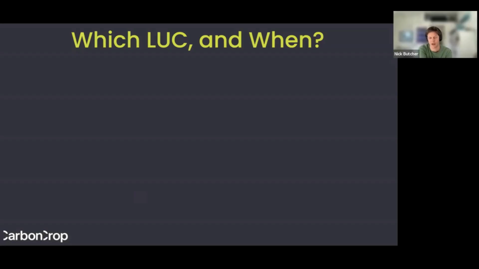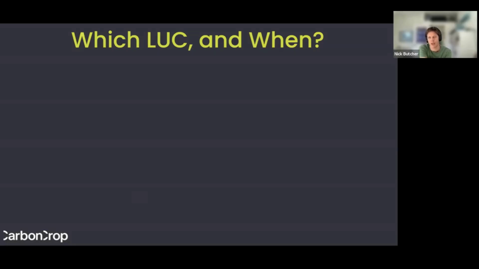And the reason I say which is that there are two options available. You can either use the region level or national level mappings, which are basically fairly coarse mappings that are available nationally, or you can choose to acquire and use a farm level LUC mapping, which is much higher resolution and will much better capture the specifics of your farm, which interestingly will not necessarily be a good thing for you,